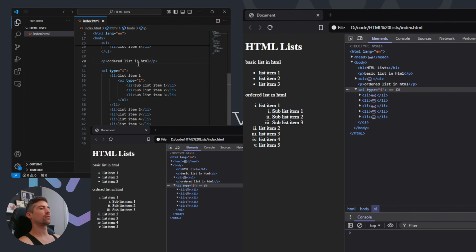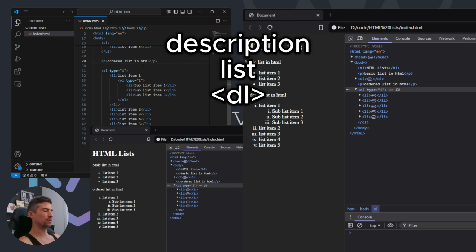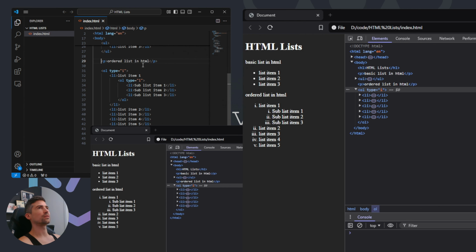But there is one other weird list that I have seen, which is called a description list, and these are the DT and DL tags. I haven't used them for ages and ages. So basically a description list is just a list of terms, and it kind of has a title and then an item. So you can style them because they have a DL as the main tag and then a DT for the title and a DD for the data, which is a bit strange really,